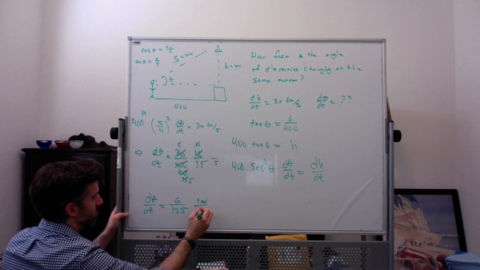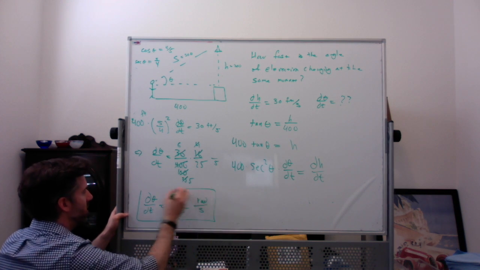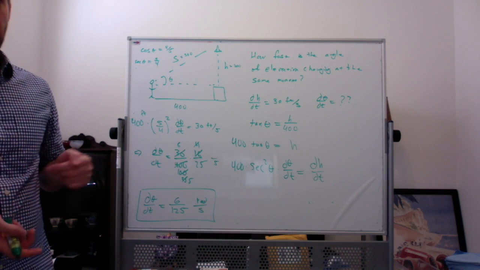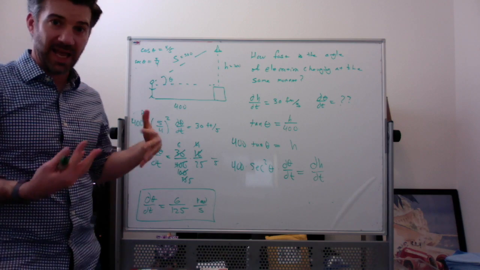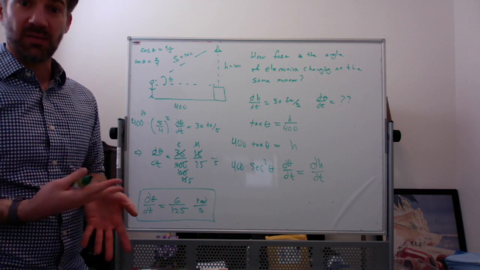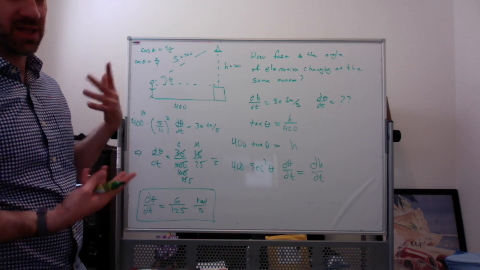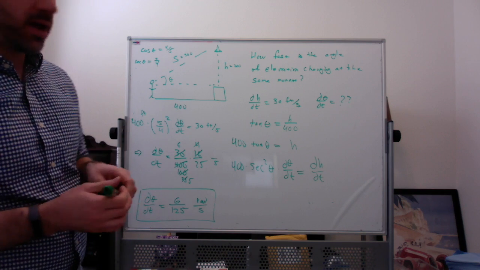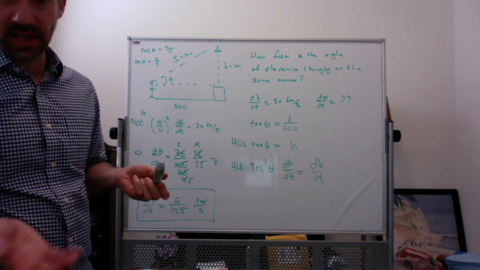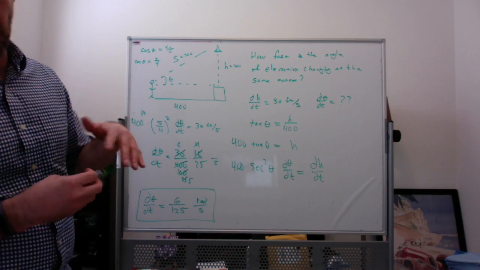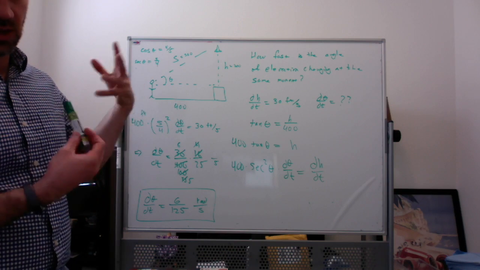radians per second. Radians are a dimensionless unit. So whenever you find an angle of elevation changing, it is always measured in radians per unit of time, not degrees, because all the other units cancel out. That's because of how radians work: radians are a ratio of arc length divided by radius, and so the units, the feet,